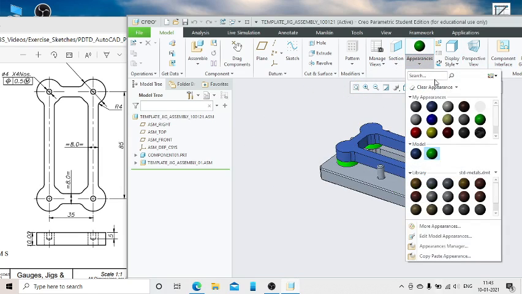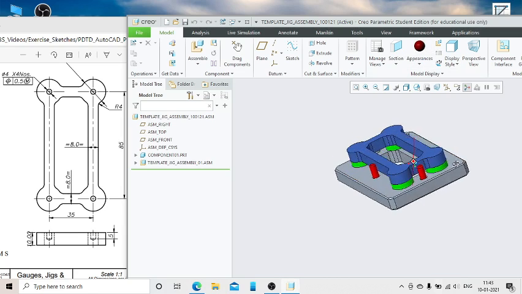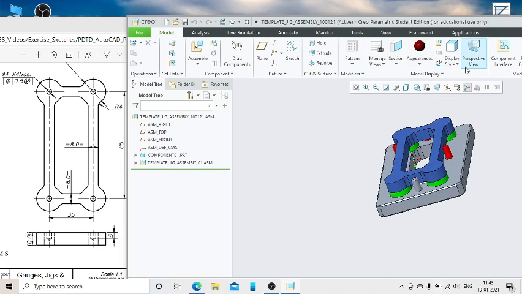Another one more appearance I will take. Which one? I think we will select this for this. Okay. Select this for this. Okay, like this we can change the color so that